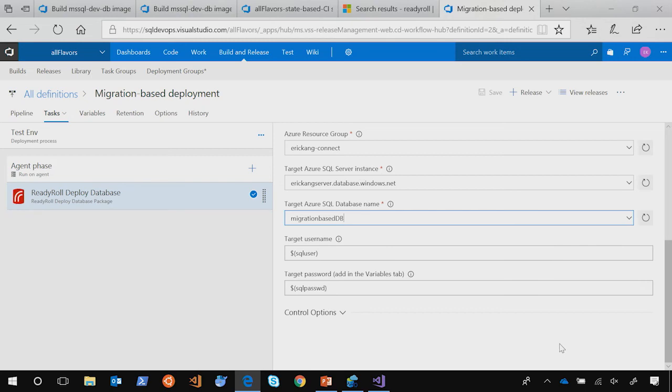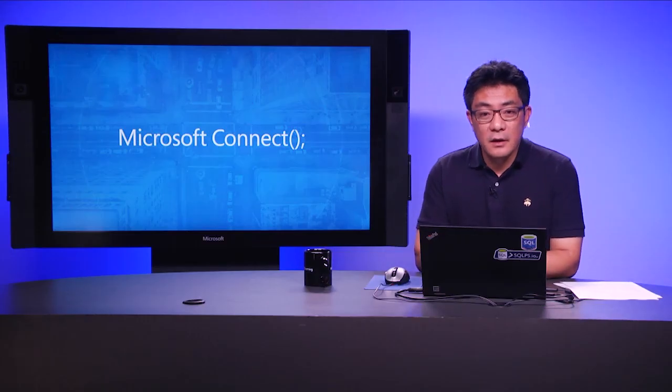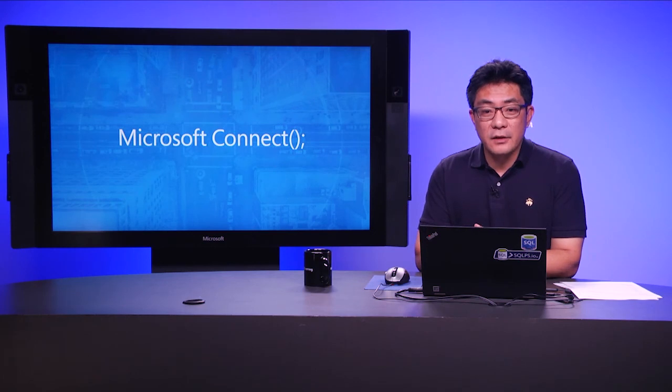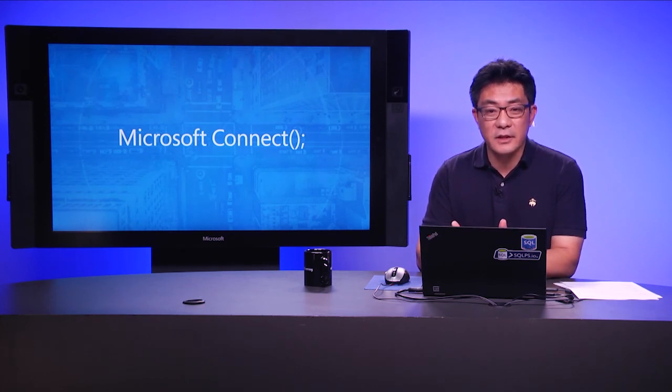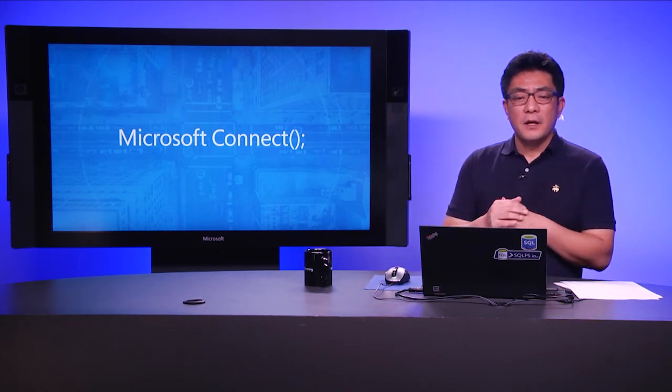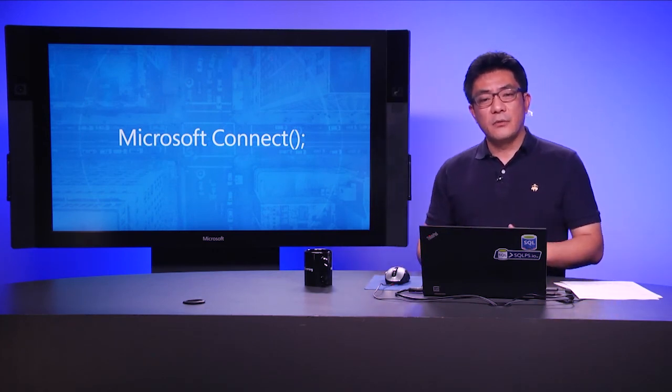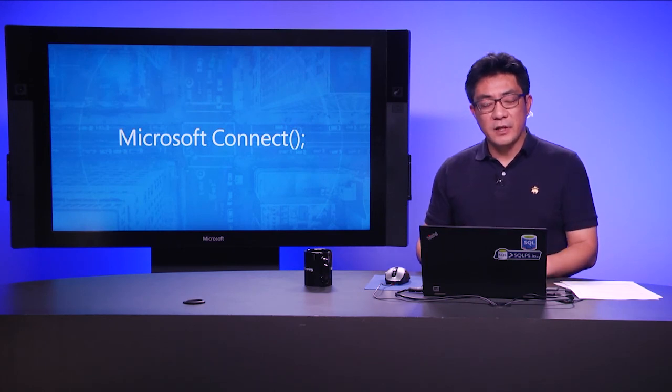So we have one question. Do these approaches handle the case where additional indexes have been created or dropped in the database, i.e. the state of the database does not match your database project? Okay, so when you approach with state-based database development, the source of truth is your source